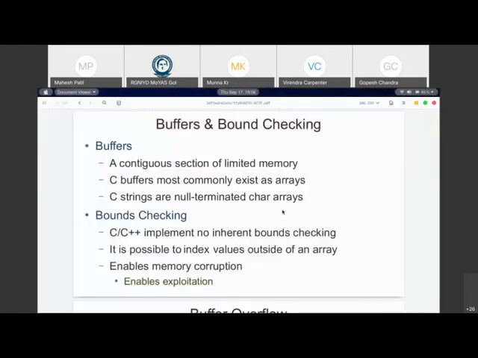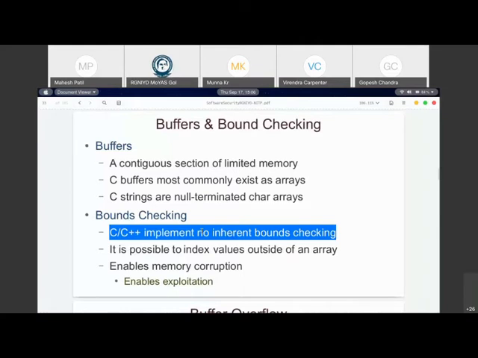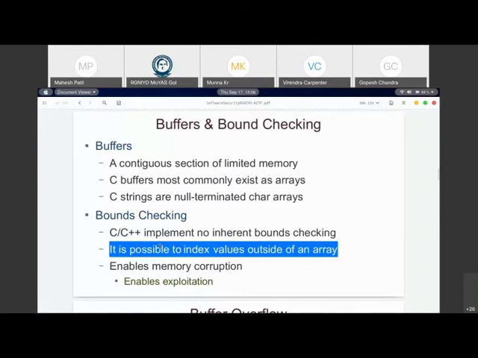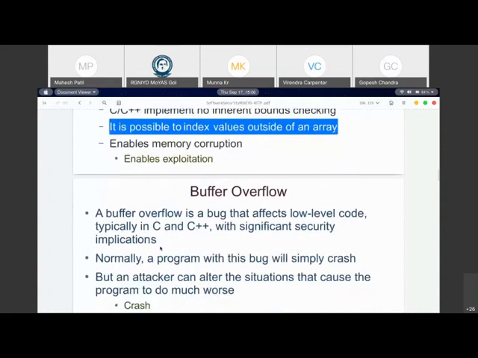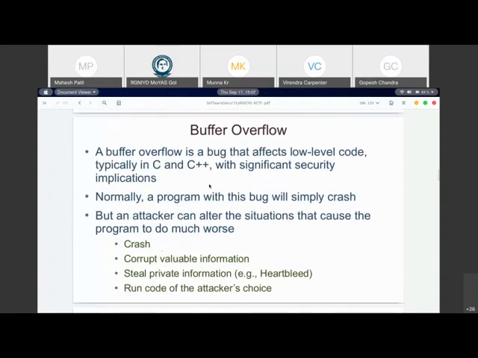Now this is a major problem, and that is what he's talking about. So it is possible to index a value outside of an array in the case of C and C++. So this is exactly what we demonstrated using this program. The actual terminology in security is called buffer overflow. What exactly it means is you are able to go beyond the particular buffer indices or allocated buffer indices and cause the program to misbehave, right?